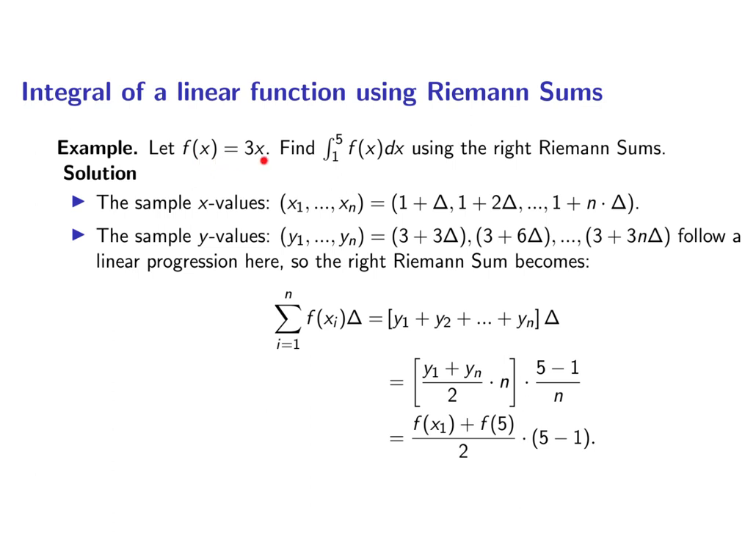What about their y values? Since we have the function y equals 3x, we multiply each x value by 3. Now, here we have sample y values. Note that they form a linear or arithmetic progression. That means that when you go from one y value to the next one,